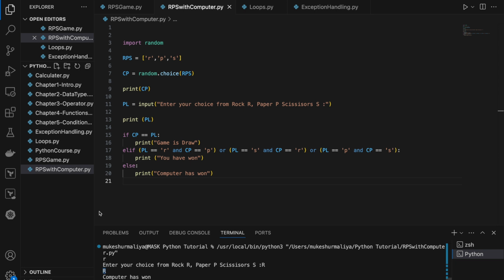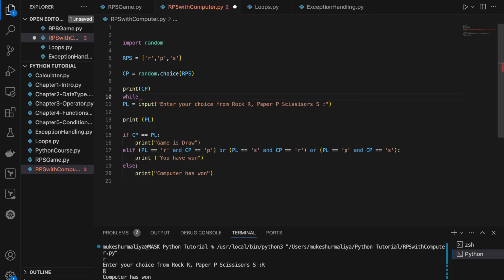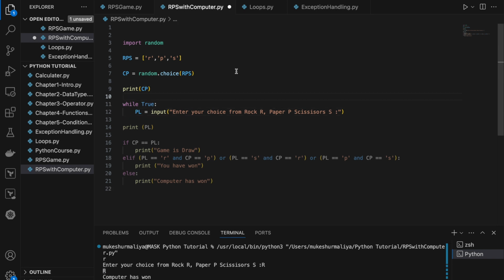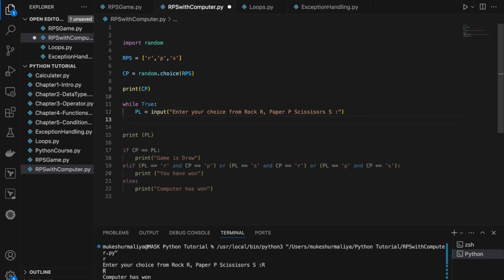So for that purpose, we need to make sure that the user enters the correct value. The player has to enter the correct value, so we have to loop until he enters the right value. So, while True, we will loop until the player enters the correct value, and we have to check the condition. So if